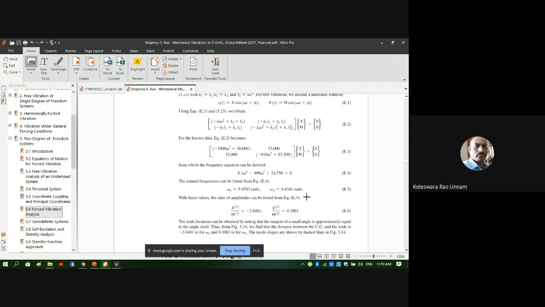But the software will give you the result only in terms of hertz. So there is a relation between omega and f. f is nothing but omega by 2π, or omega is equal to 2πf. So if you want to have the frequency in hertz, you need to divide this by 2π. Then you can compare the solution you got in ANSYS with this analytical solution. Then you can check whether your answer is correct or not, whether your simulation results are correct or not. You can verify that also.